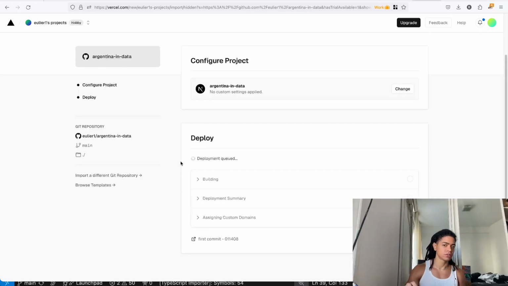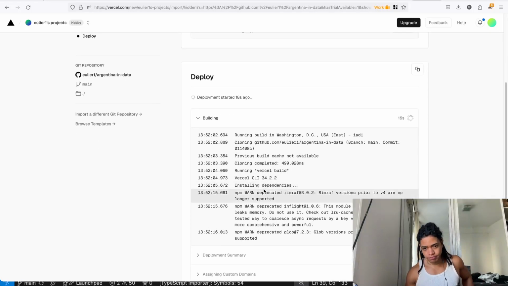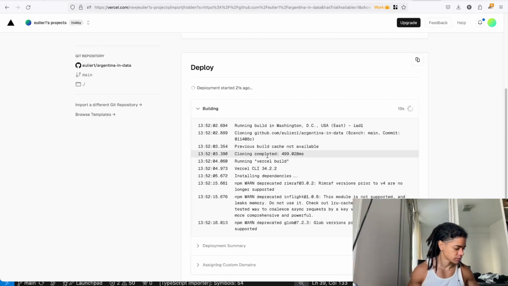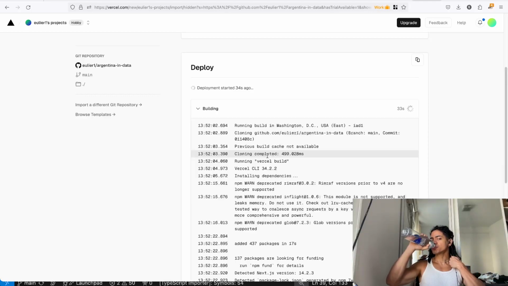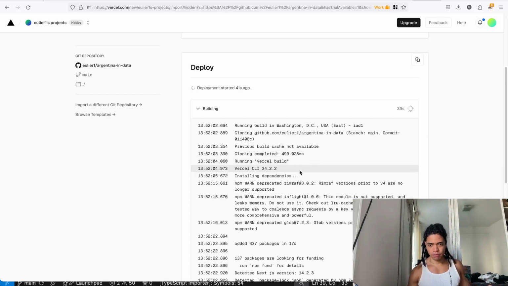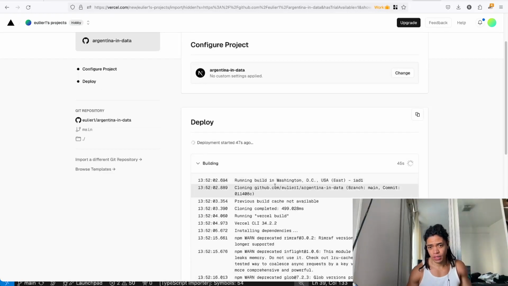We hit deploy, and because we are only serving static content, using this concept from React server components, we can see what is building. It's cloning our repo.